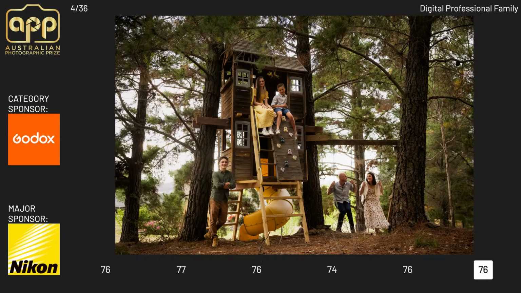Thank you, judges. We have a score of 76. And again, you're all so close. Alan, can I get a comment from you, please? It's been well handled, this photograph, especially with the backlighting. That's been really well done. Again, location is great. I just feel like we need a little bit more something happening with the story.